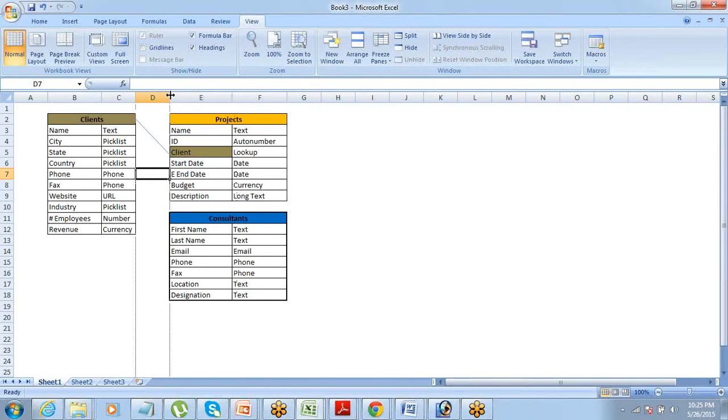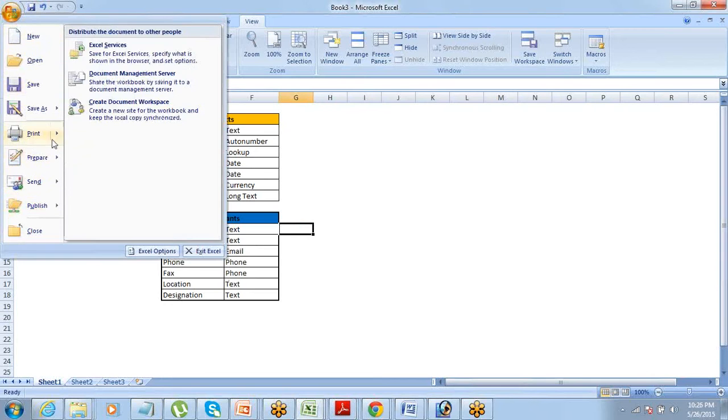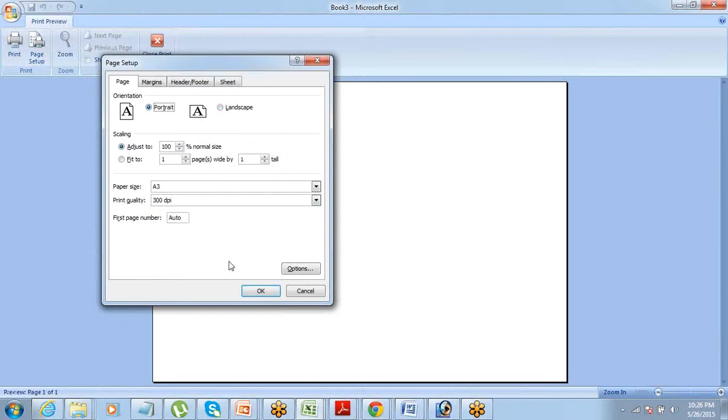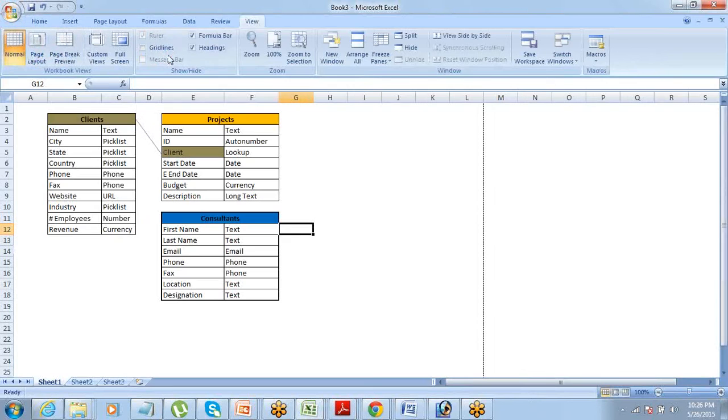Expand it a little. Once you have got all the objects here, do a print preview. Go to page setup, make it portrait, click on OK. Close this. This will give you the print lining. All right. So this will basically give you one page setup.